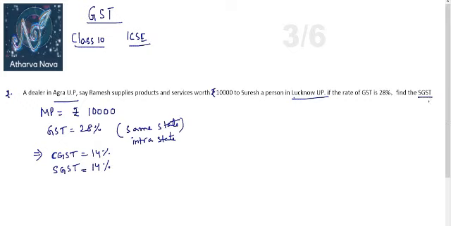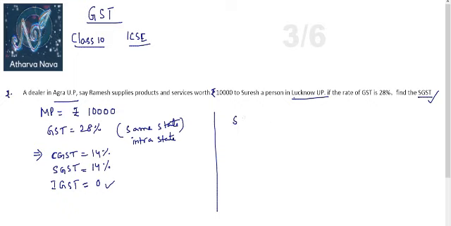Now our question is on SGST. Although it states only SGST, kindly try to write all three possible GSTs, so that it's a good practice for you and you won't be confused in the examination. Of course I want only SGST, but still I would prefer to write all three by mentioning the percentages first. IGST will not apply, make it 0, and the remaining will be 14 each, because 28% is given. So let's finish this question.